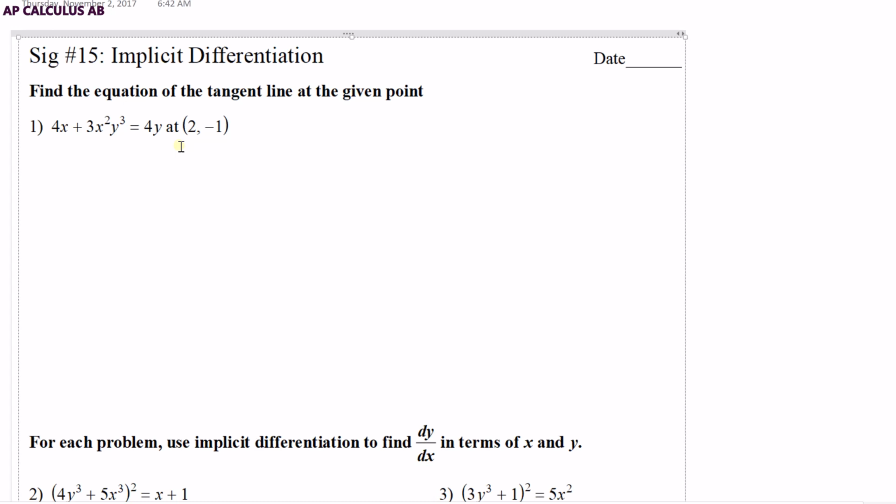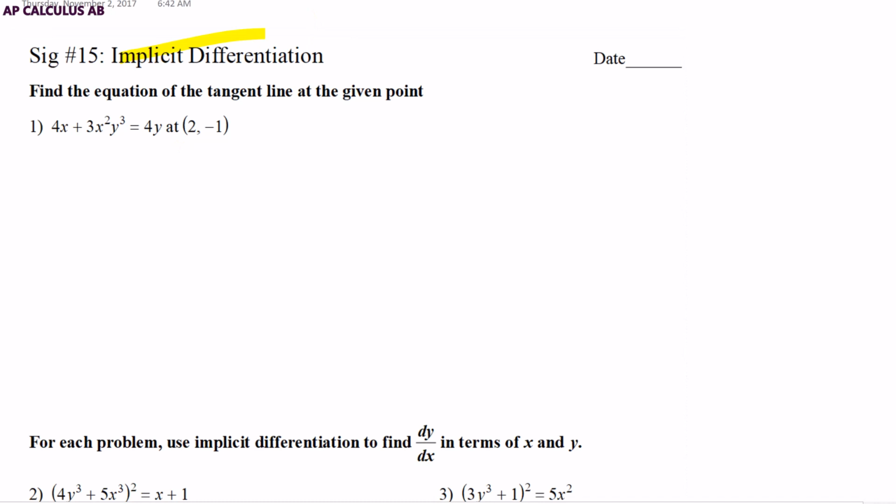Okay, this is sig number 15, which is implicit differentiation, as you can see. The idea is we're trying to take the derivative, but there are some x's and y's all mixed together, and so we need to remember how to do that. So the first thing we're going to do is write that we are going